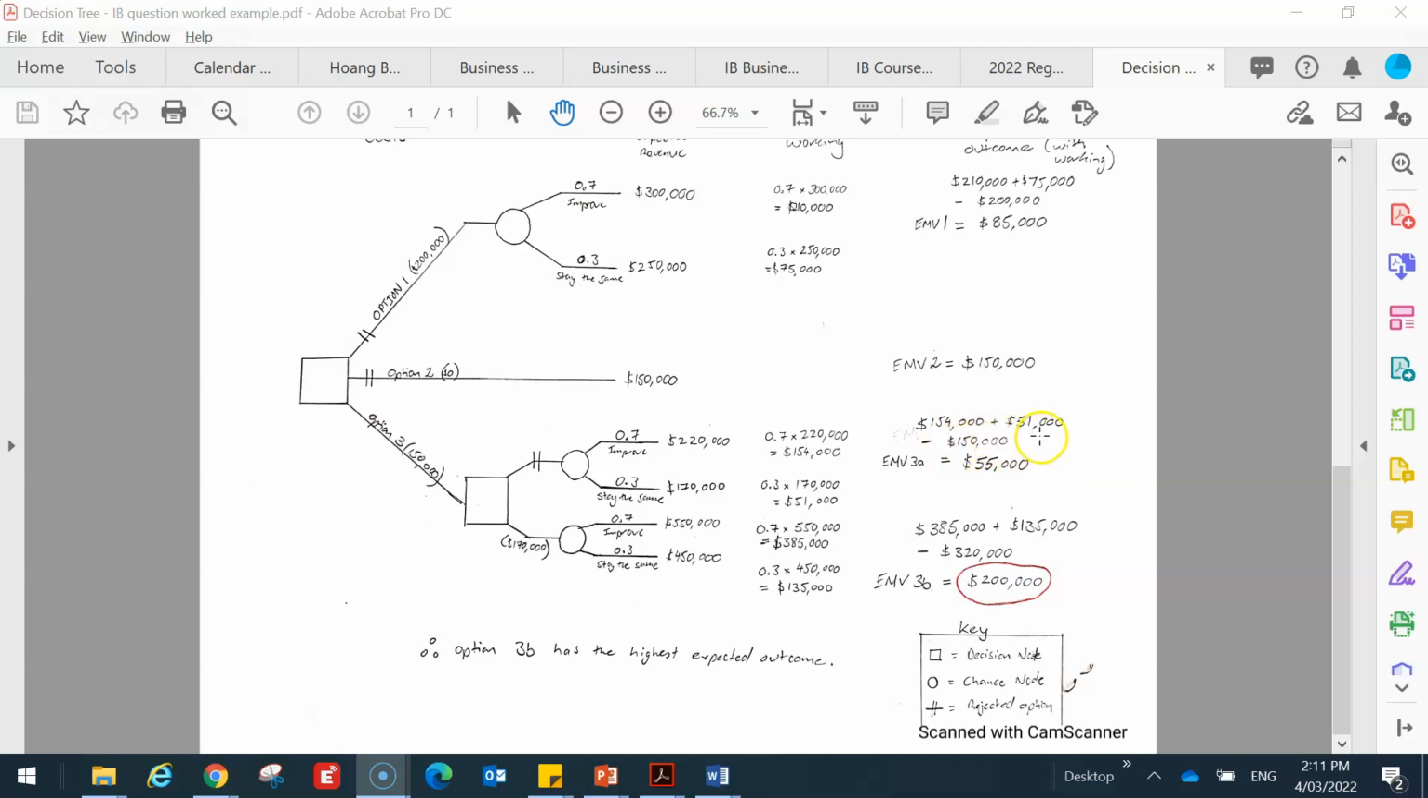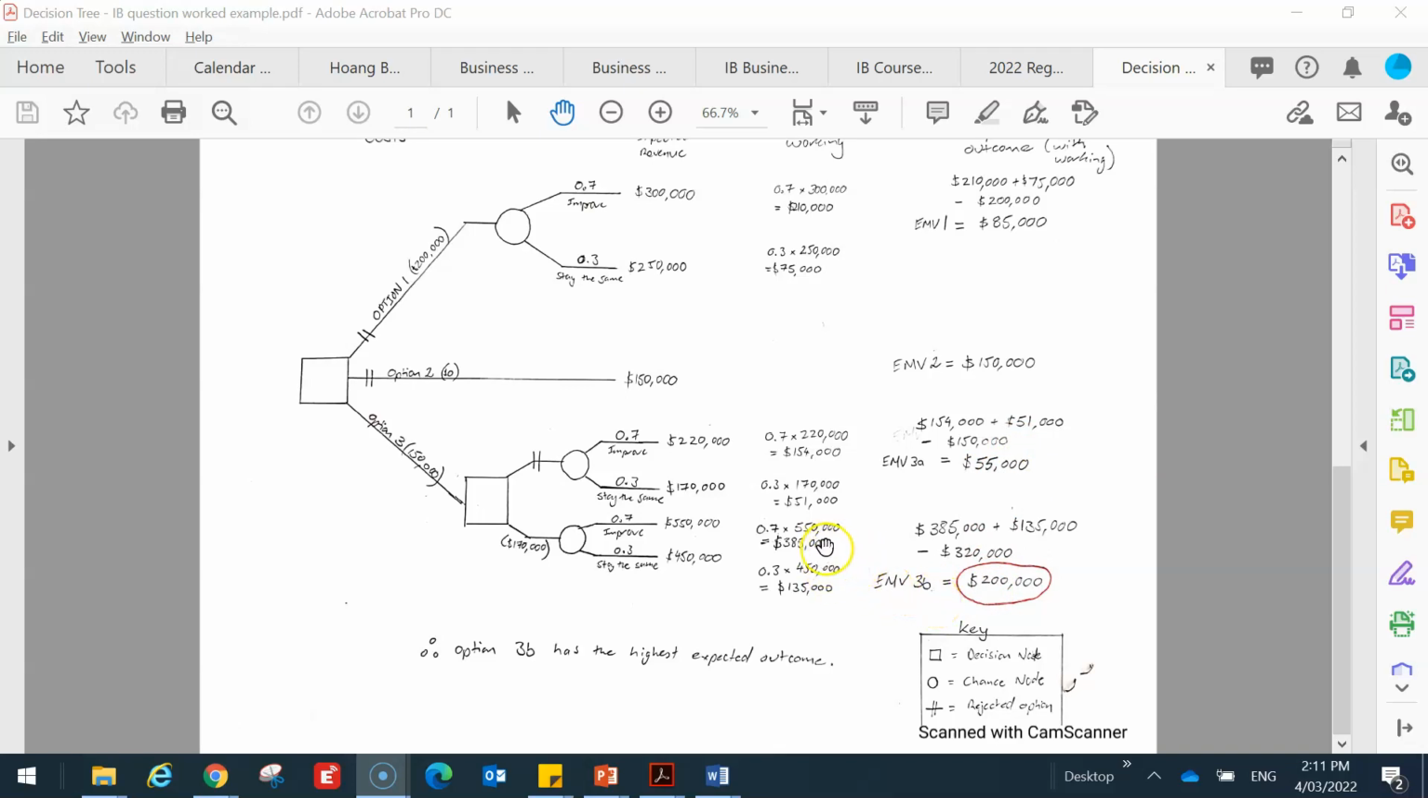154,000 plus your 51. Where have they come from? We need to add these two values together. Right. We see here we need to take away, we need to factor in this initial legal cost of 150,000, right? So that's where that 150 has come from. We end up with 55,000, and our last option here,